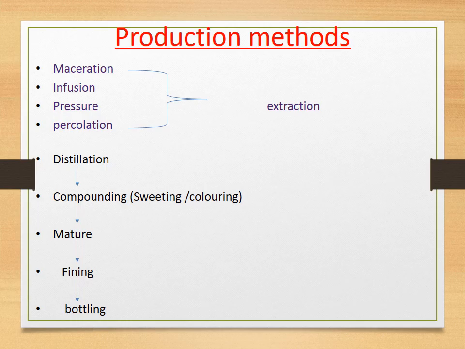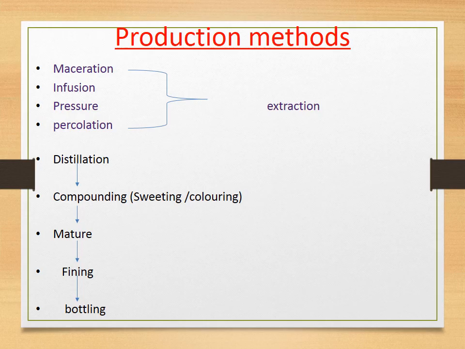When it is a maceration method, the fruits and peels are mashed or crushed and are directly soaked in cold spirit for a long time. Duration can be 6 to 8 months. When it is an infusion method, the herbs, fruits, are crushed and left in warm spirit for several days.